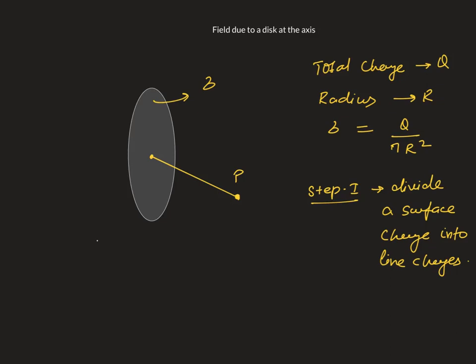So from a disk, how can we find out line charges? We can very easily get a ring. Let's see, let's say this is the ring here,